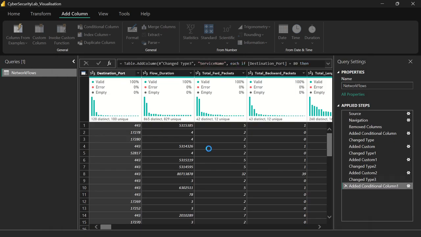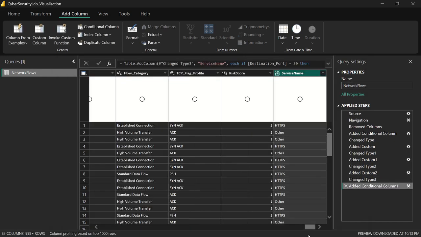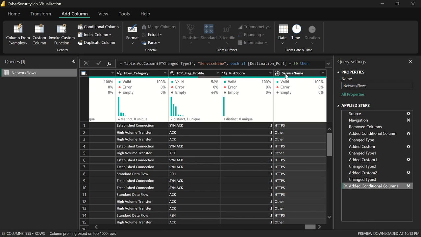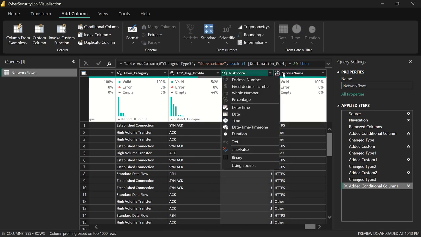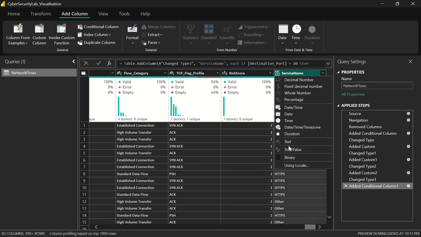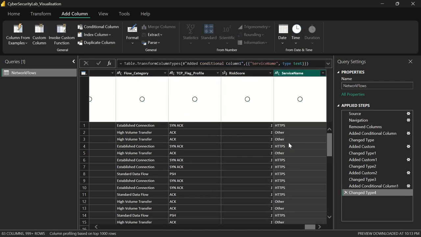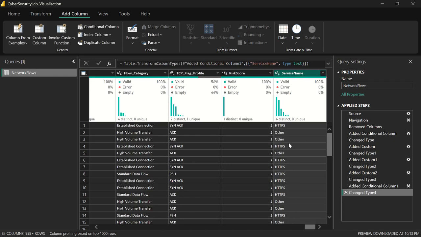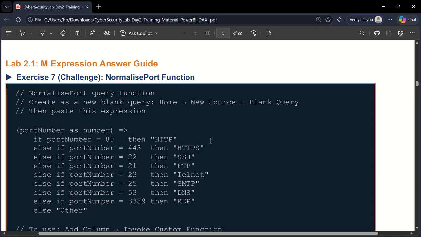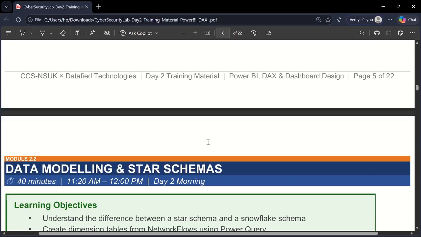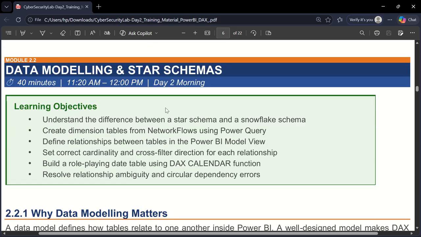So let's click on OK, and once that is done, Power BI Desktop is going to automatically add the column for you. Here's a column called service name, and the data type is not selected appropriately. So I'll change this data type to text because it's actually a text data type. All right, I hope this makes sense. And once you are satisfied with what you have, we can get back to our data modeling and